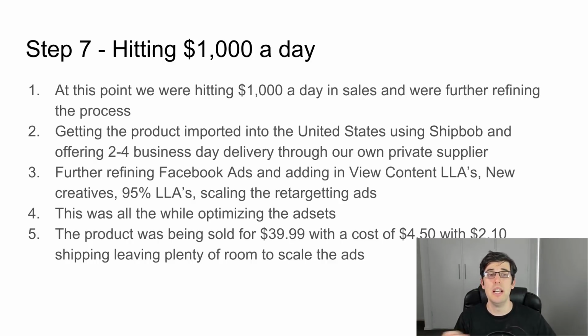So it's important that you test different angles of each of these and see what sticks the most. This was all while optimizing, again, all the ad sets, and the product being sold for $39.99 with a cost of $4.50 with $2.10 shipping, leaving plenty of room to be able to scale the ads, okay? And that was for a single purchase. As if we can increase our average order value with priority processing or other products they can add, get that to $50, and then all of a sudden we have an even larger margin,